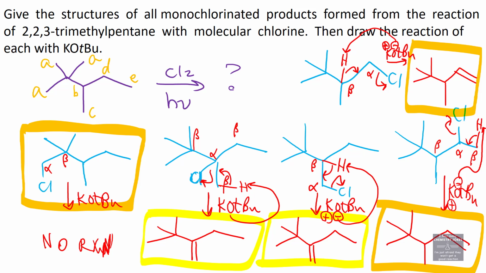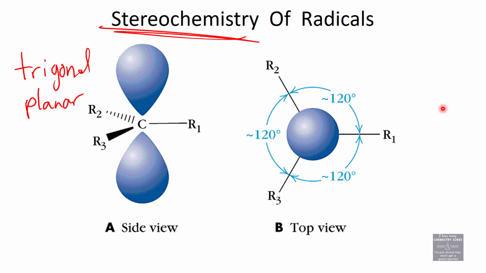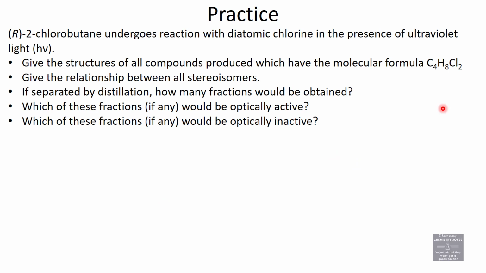In this previous example, we didn't talk about stereochemistry, although we do have some asymmetric carbons in lots of these. We ignored stereochemistry in that one. Let's not ignore stereochemistry in this one. When R-2-chlorobutane, here's a butane, here's a chloro. In order to be R, it's got to be a wedge. When R-2-chlorobutane undergoes a reaction with diatomic chlorine in the presence of UV light,